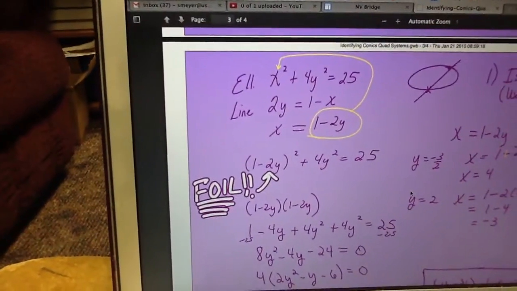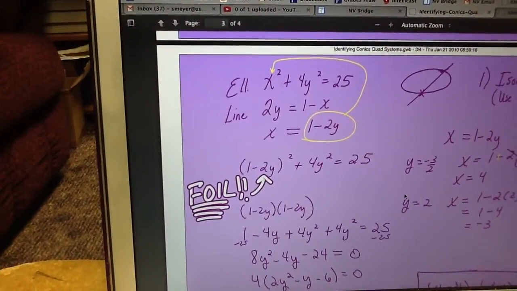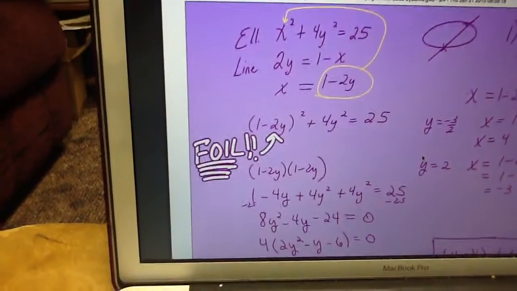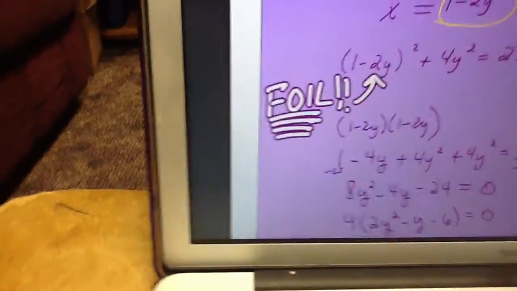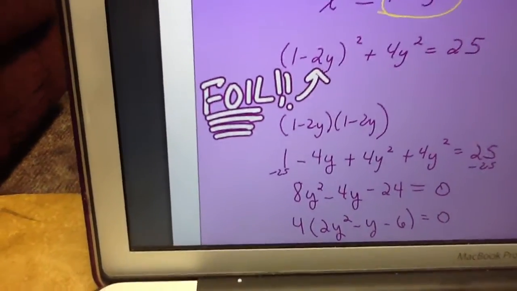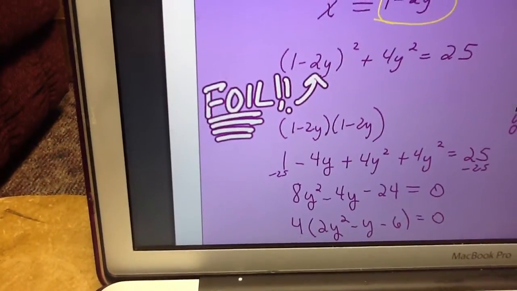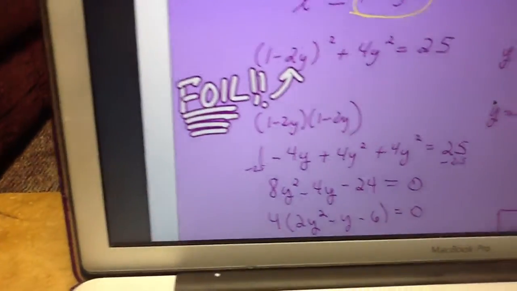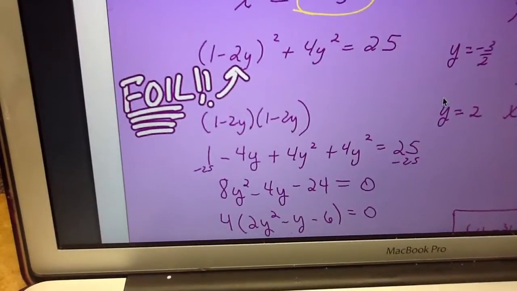You'll notice the giant word FOIL. That's because if you have a quantity squared, you have to FOIL it. So you'll see that down here, I did indeed FOIL it. Got 1 minus 4y plus 4y squared, and then I added on plus 4y squared equals 25, the rest of